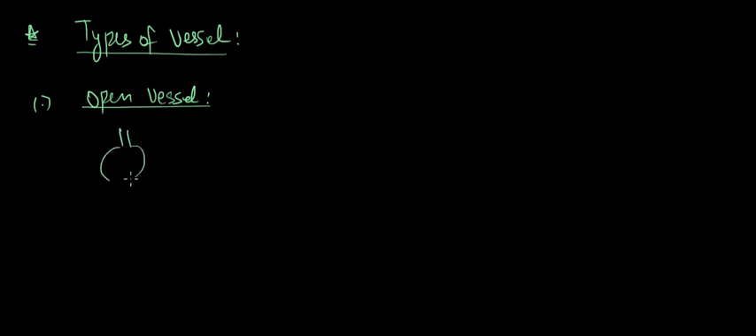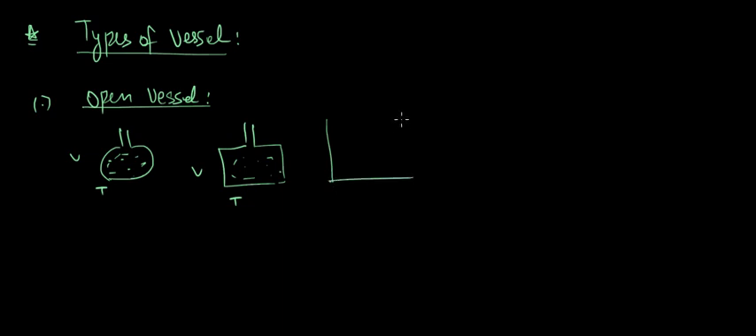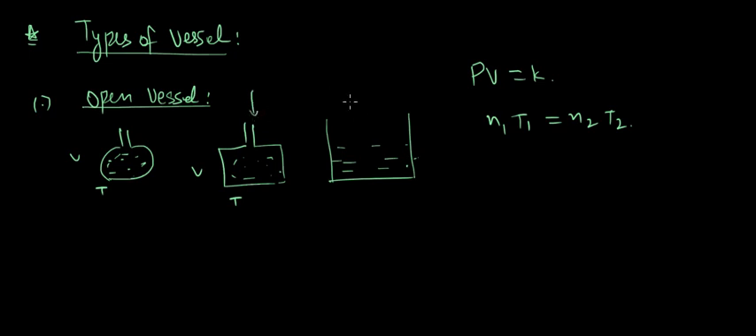We can have something like this. Okay, it is open, which is having volume V at temperature T. We can have some shape like this of a vessel, again with volume V, and can have temperature T, or we can have some vessel like this. So in this type of vessel, PV equals constant, or you can write that n1 T1 would be equal to n2 T2,